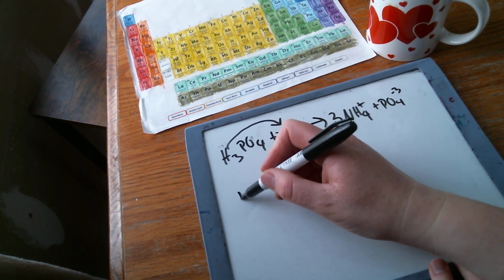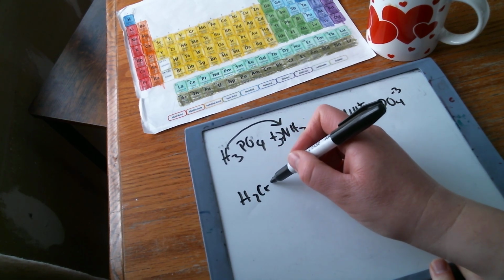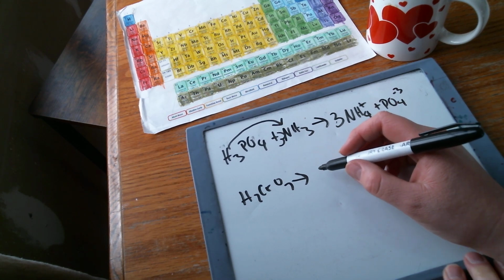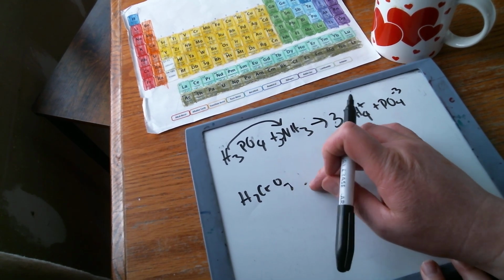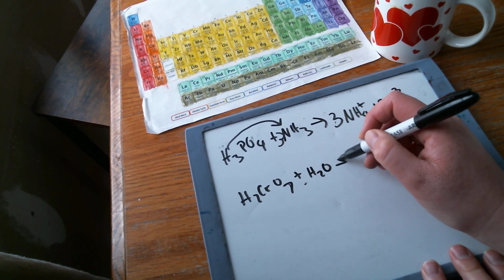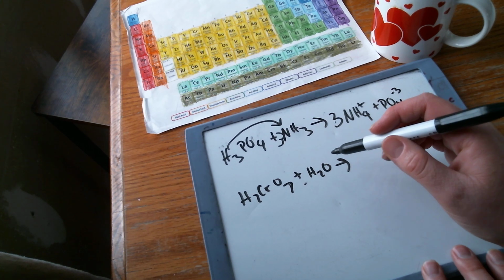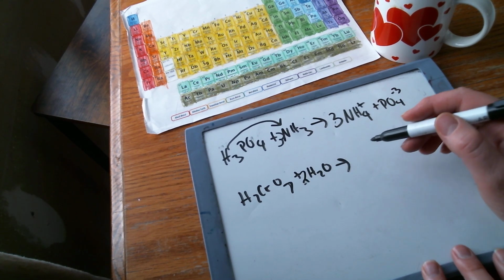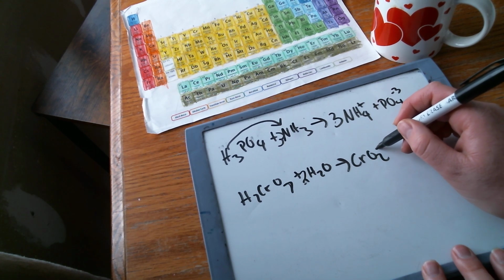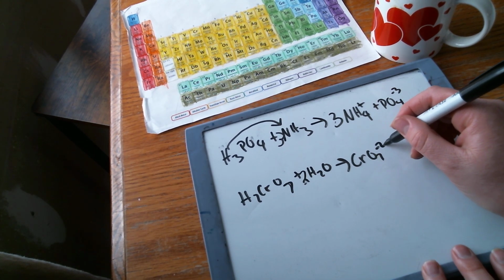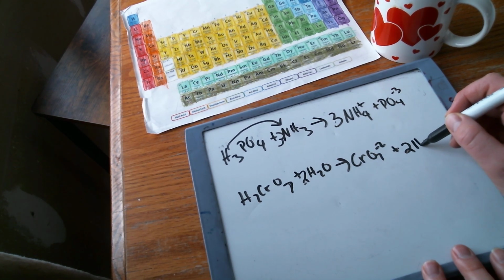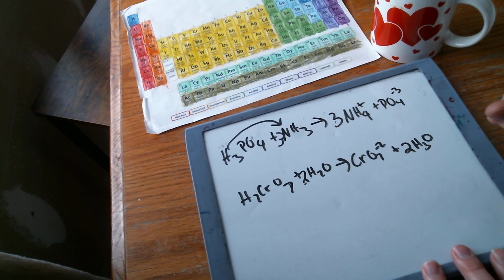And then here with the H2CrO7, and it's going to be water. So our water in this case is actually going to be our base. We're going to have 2 of those because we have 2 hydrogens to get rid of. So we're going to have CrO7, this is obviously a -2. And then we're going to have 2 H3O, which I think I'd have to go back and look at